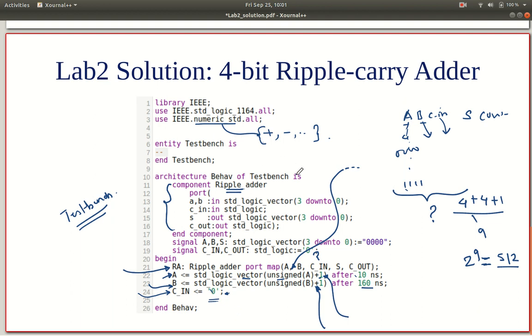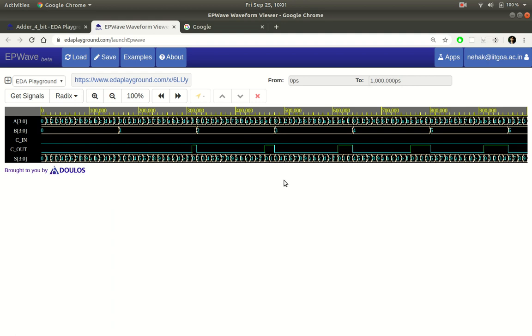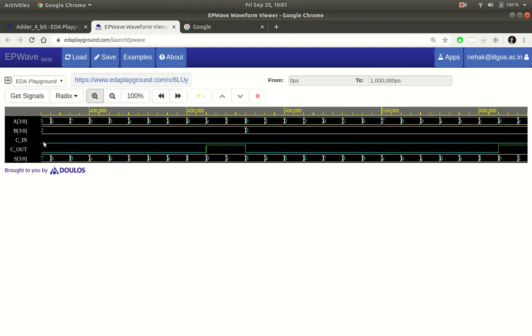So let's see what the output waveforms will look like. On EDA Playground, this is what the output waveforms look like. So A increments, we zoom this in.